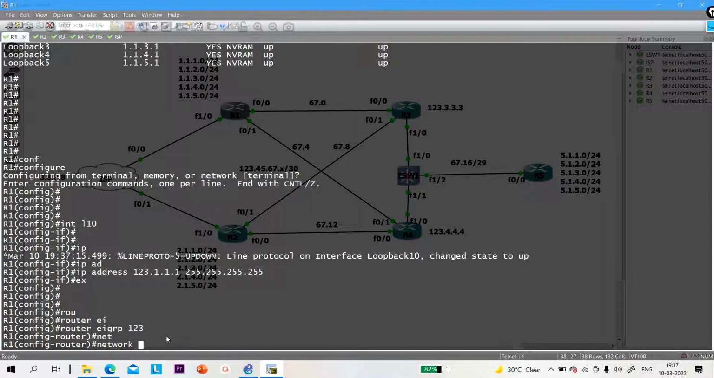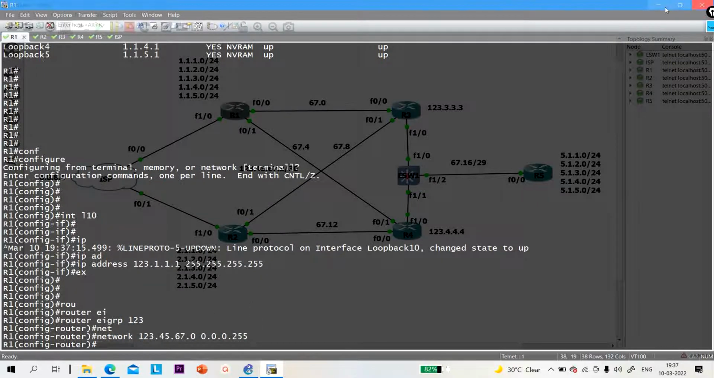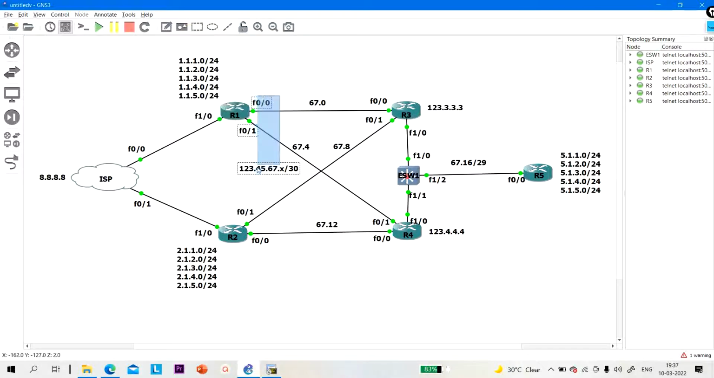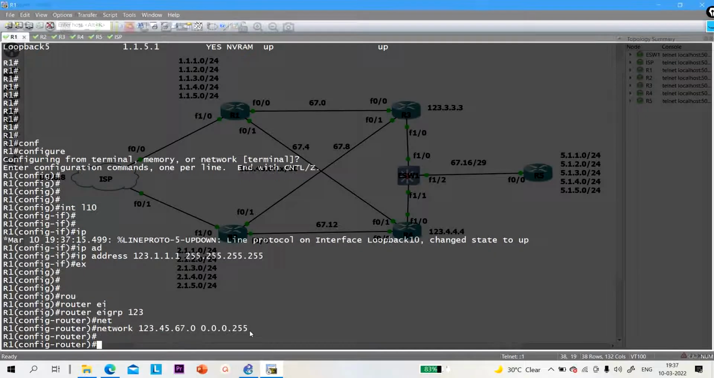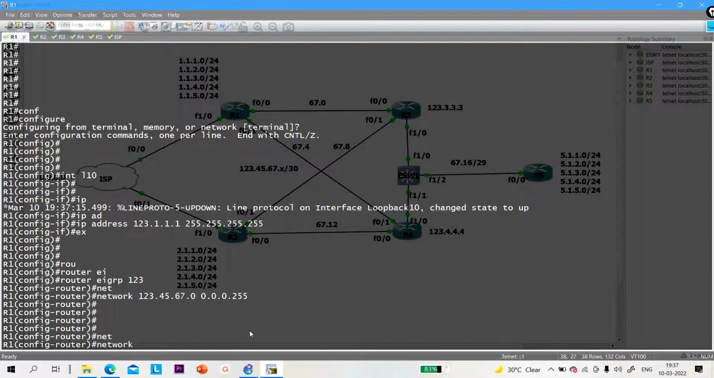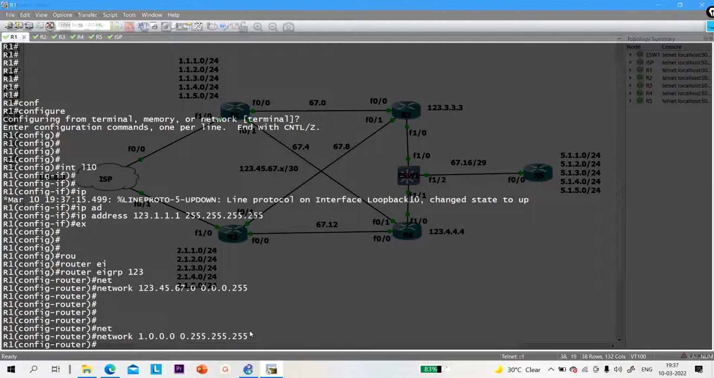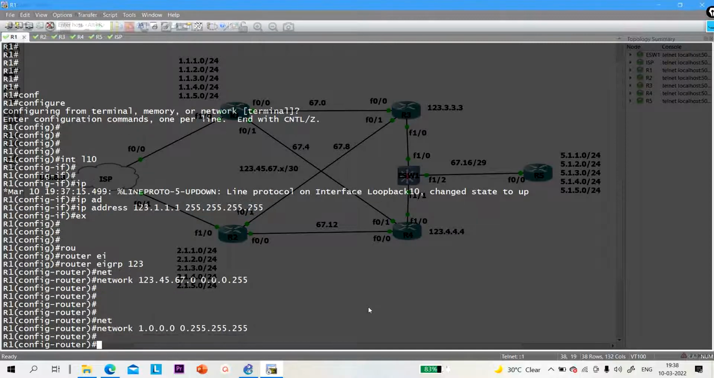Exit. After that, router EIGRP AS number 123 and network. So network is 123.45.67.0 0.0.0.255. This command will advertise these two interfaces in EIGRP, right? So let me advertise loopback network 1.0.0.0 0.255.255.255. So this command will advertise all loopback interfaces in EIGRP, right? So now guys,